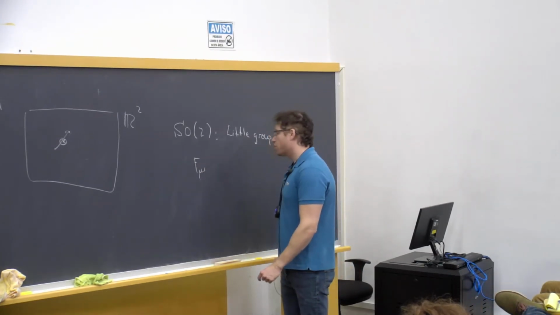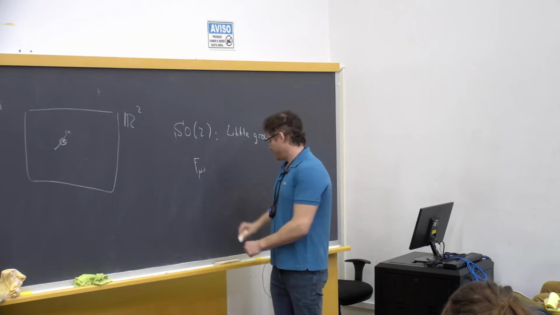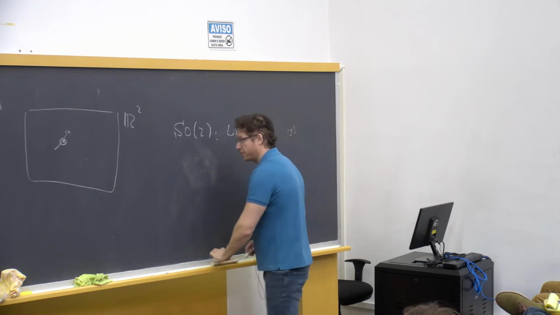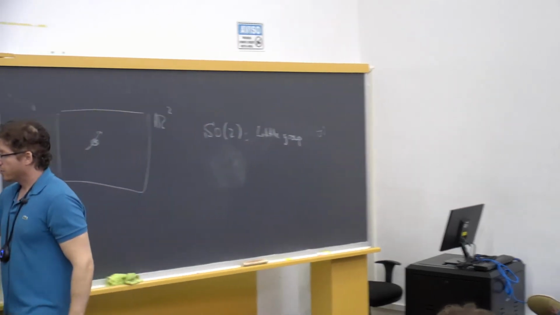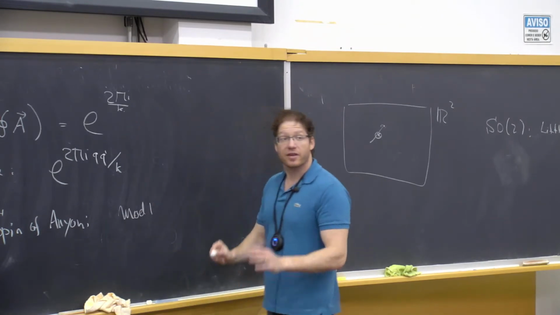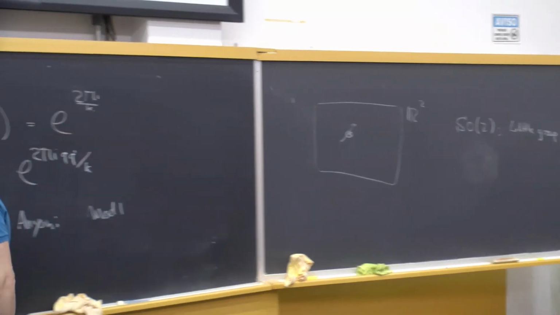Or, well, more precisely, let me just phrase it more physically. So what I want to explain now is, why is the spin defined mod 1? So we can only discuss the spin of an anion mod 1. The reason is that physically,